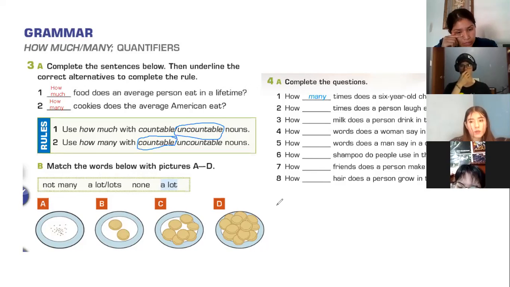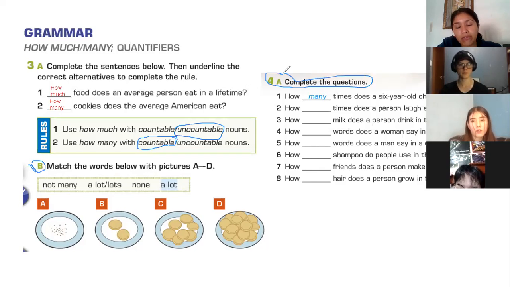¿Recuerdan ayer que hicimos un ejercicio de vocabulary que les pedí que anotaran? Entonces van a agregar a ese ejercicio, ya sea si lo hicieron en un cuaderno o if you were working in a document, you're going to add exercise B which is this one, and exercise 4A, which is this one. Okay, you're gonna add it to your portfolio. Lo van a agregar a su portafolio de evidencias del día de esta semana.